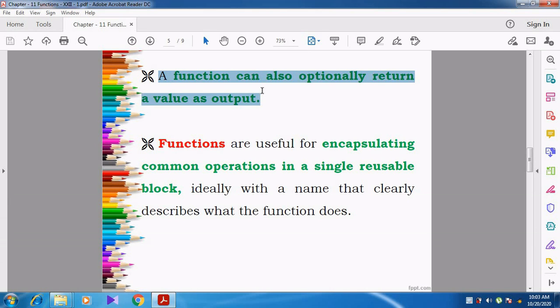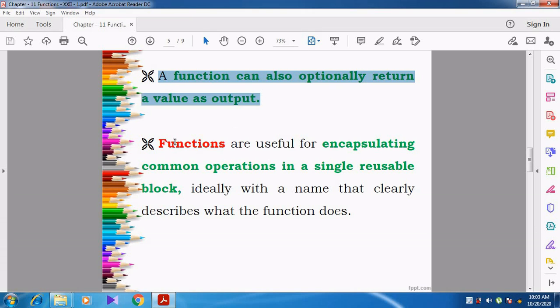So a function can optionally return a value to the main function, or to the caller who is calling the function. That return value can be an output.